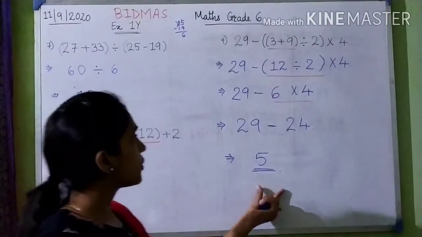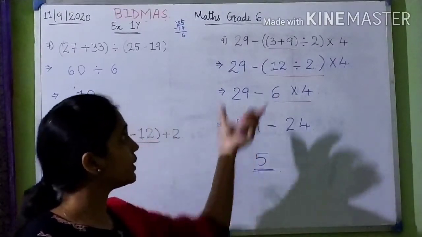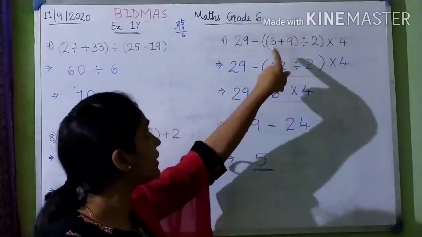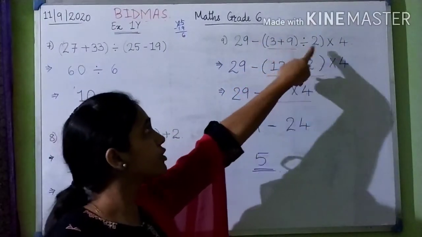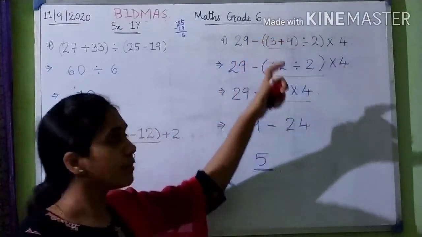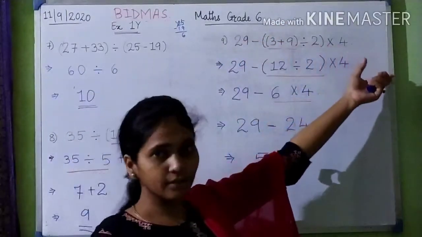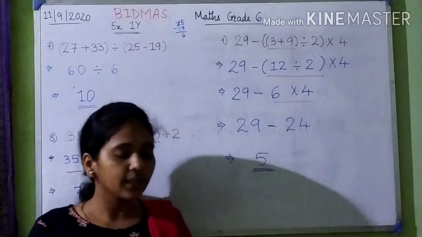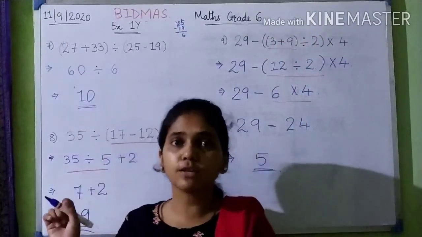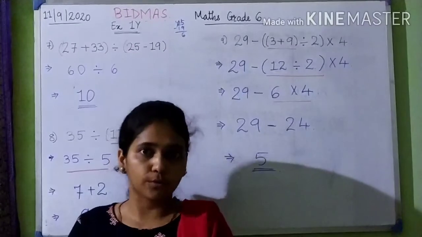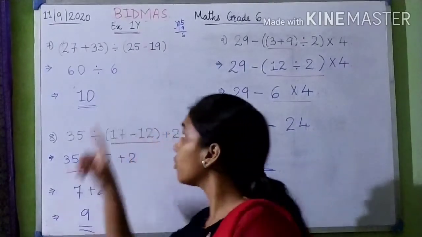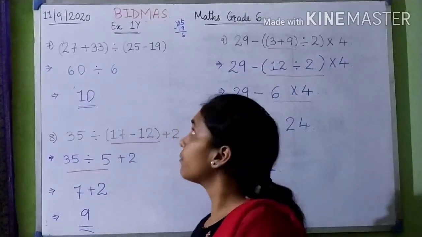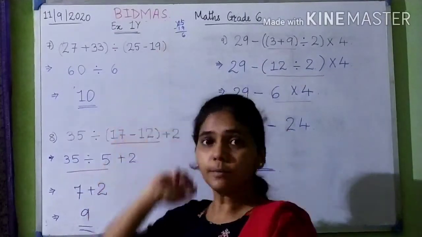So yes, even if there are more operations, like here you had subtraction, addition, division, multiplication, even if the sum is bigger, if it is larger, if there are many brackets, still if you go according to the BIDMAS rule, you will never go wrong. In simplification sums, if you follow the BIDMAS rule, you will never go wrong. So that is why we have to solve using the BIDMAS rule.